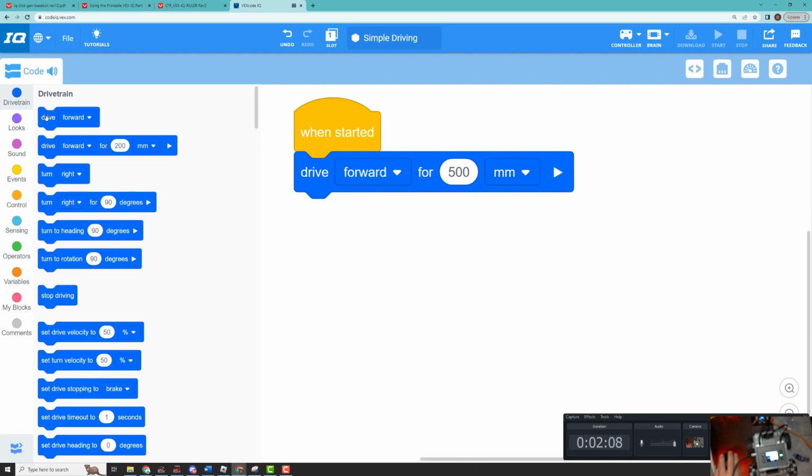And unlike the drive forward command, where once we said drive forward, our motors turned on and stayed moving forward no matter what until we turned them off or commanded them to do something different, the drive forward for 500 millimeters, or drive forward for a distance, command or block does something a little different. It's actually going to execute this and then stay there until it's driven 500 millimeters. All right. So